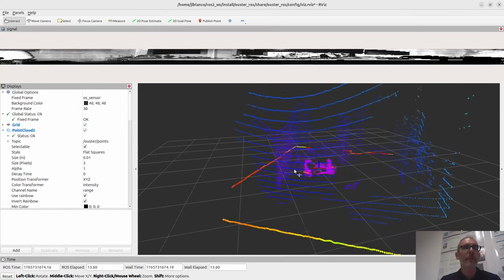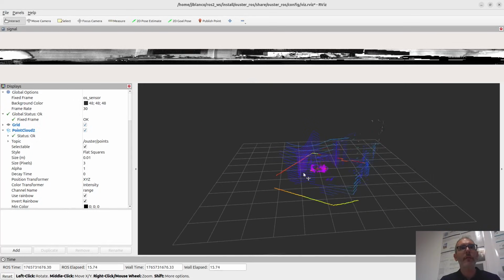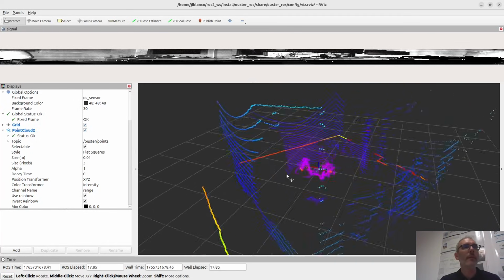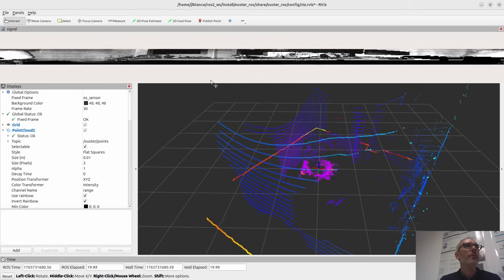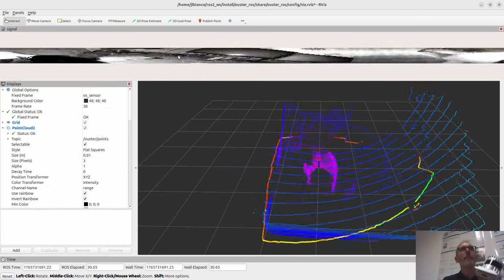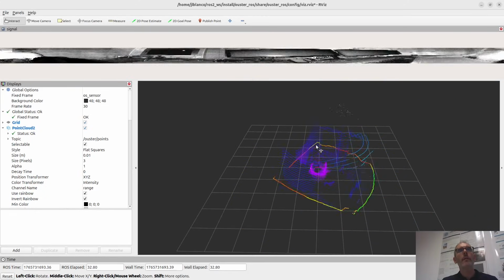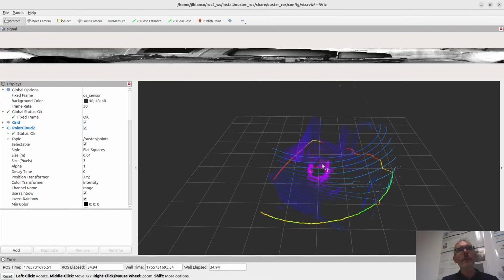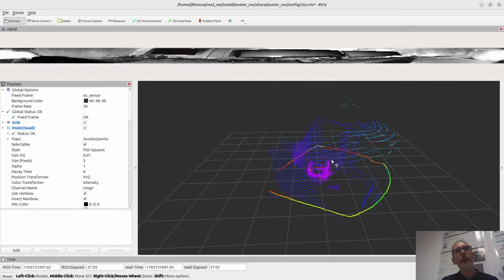It takes a few seconds to start, if you have noticed that, but now I have the data here. You have on the top a visualization of the range image in a panoramic view, represented as an image, and then on the bottom the 3D points. You can see actually two scans, the 3D one and a 2D one.